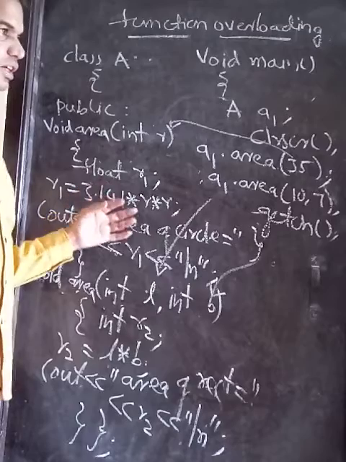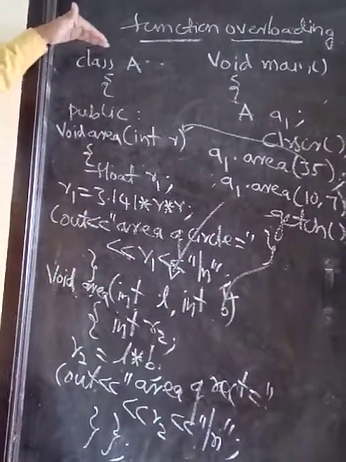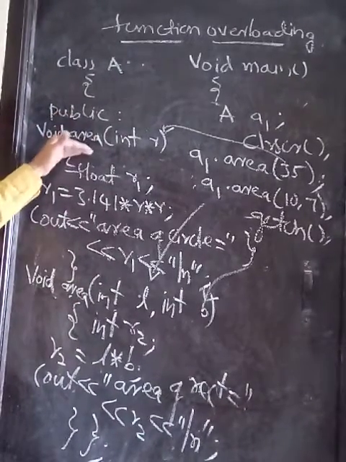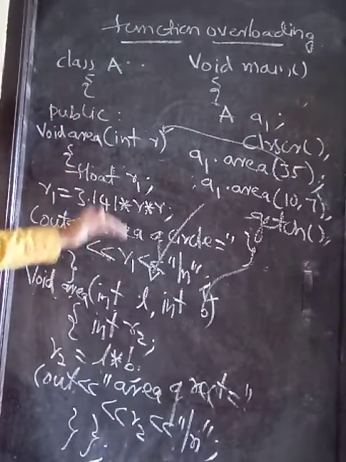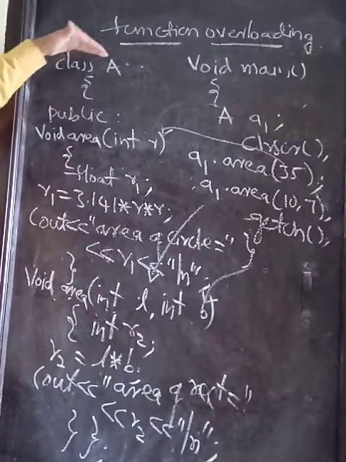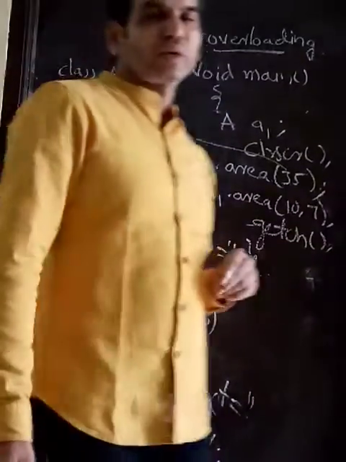The same constructor overloading concept we have converted into function overloading. The difference is that here multiple functions are used with the same function name but different received arguments. In constructor overloading, the class name is the same and the method names are the same. That is the difference. Okay.